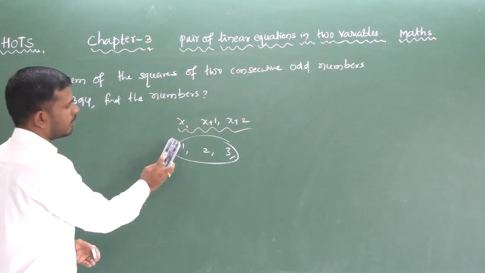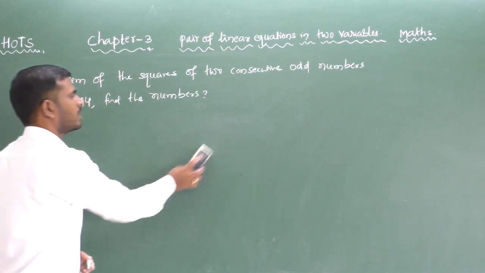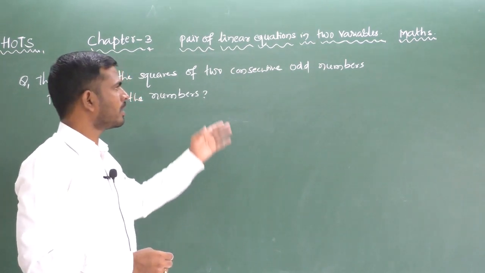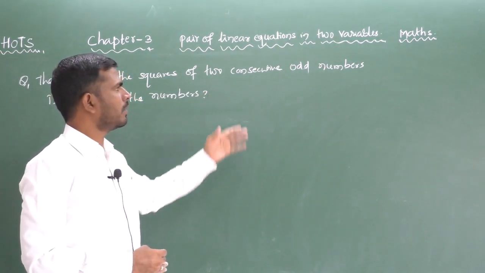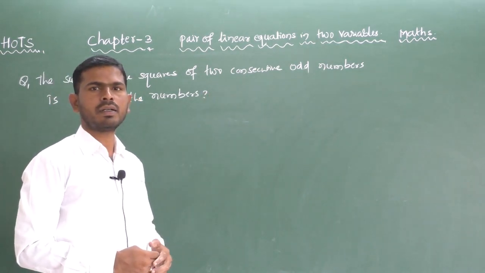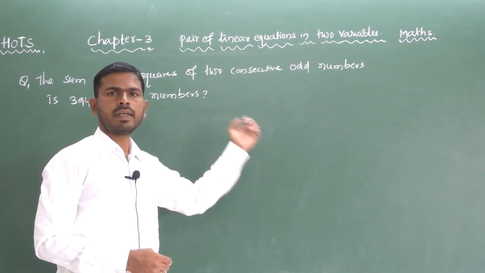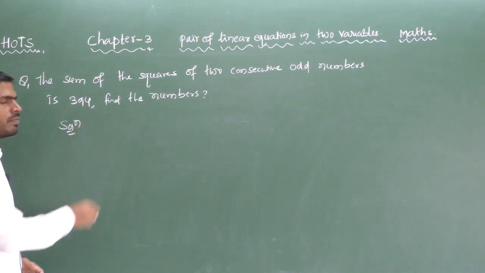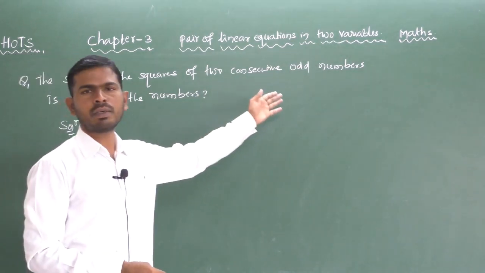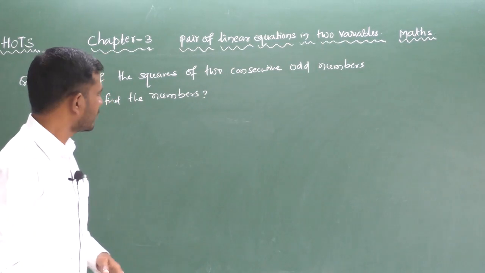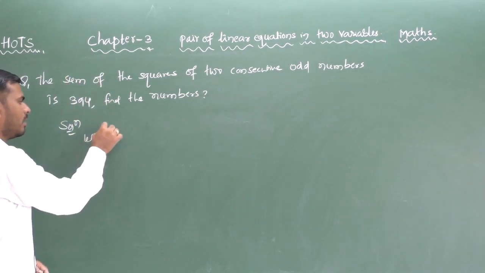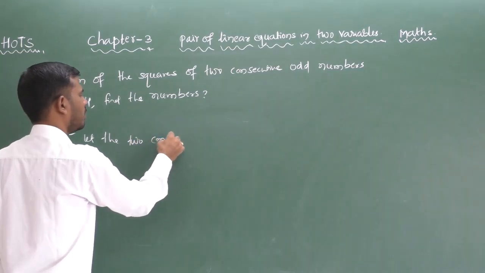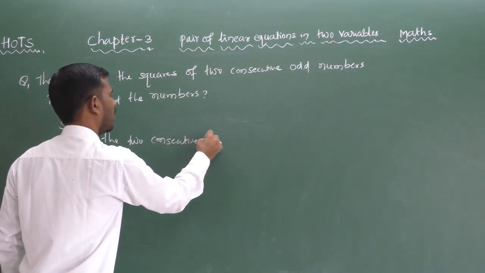So see here how to find the numbers for this type of question. They may ask for odd numbers, even numbers, or two consecutive prime numbers. Any question may be asked, and you have to follow the same method, whatever they ask, odd number or even number or prime number. So see here, let the two consecutive odd numbers